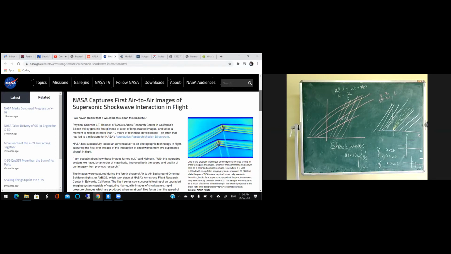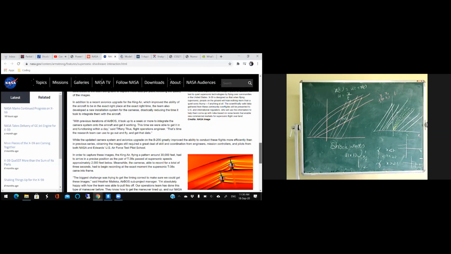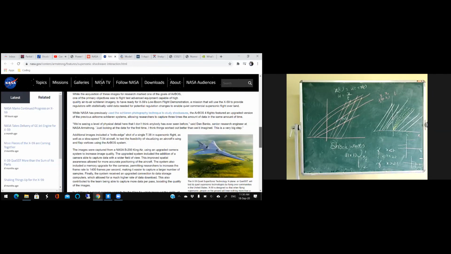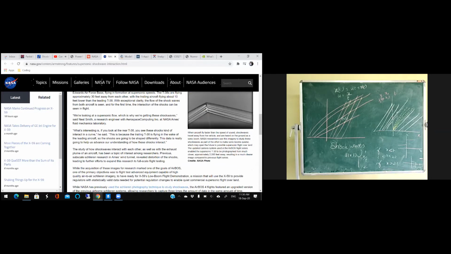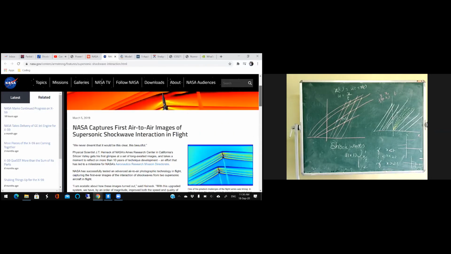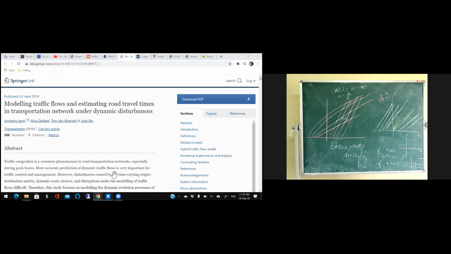Okay, the same thing you can see on the NASA web page also. They have given different shock waves for different space shuttles. Okay, so there are plenty of papers, and there is even a journal, shock wave theory. There is a journal and there is a book also, so you can refer to those for further details. So you can see the importance of this kind of problem.